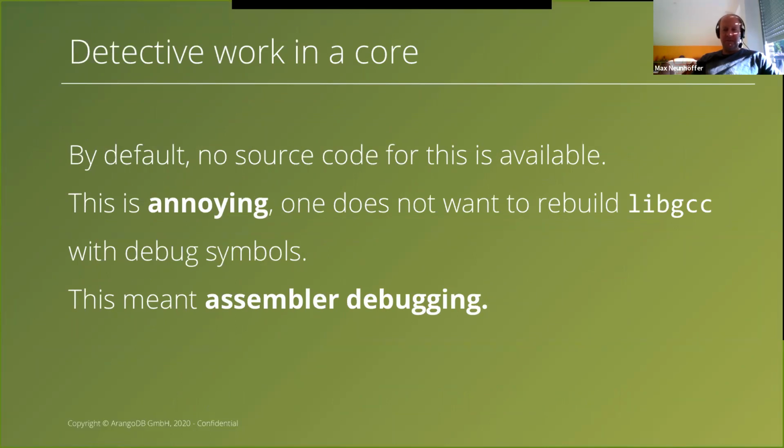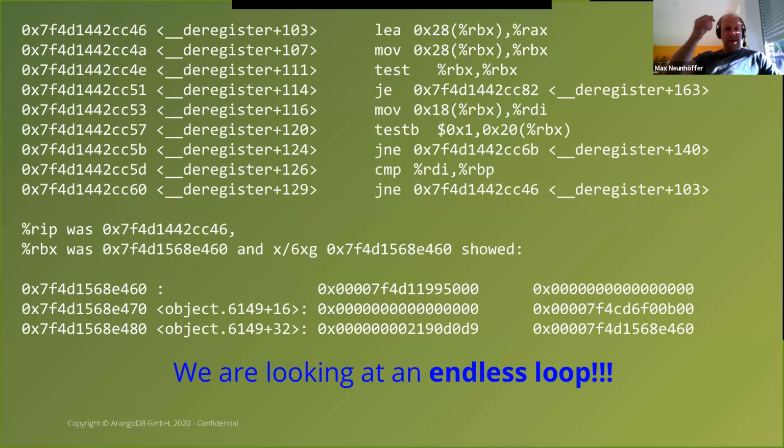So with this core dump and switching to the assembler view, I was seeing that this is happening. Now, if you don't know any assembler, then just bear with me for a few minutes. You will get the gist of what's going on anyway, and we will switch back to C and then to C++ later. But if you do know, then you can actually understand in detail where it was stuck, because the